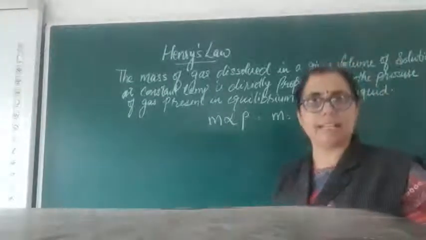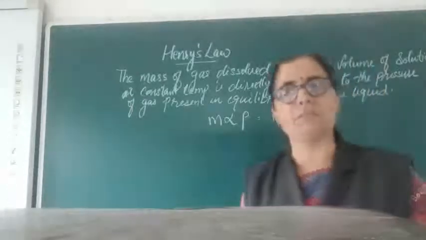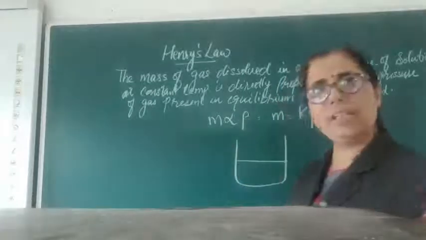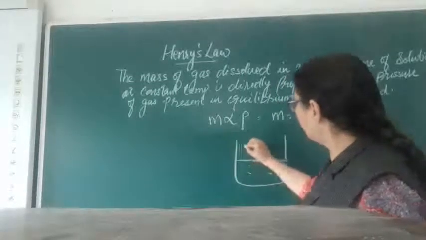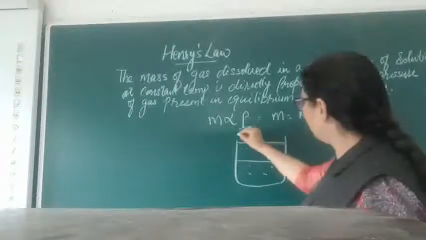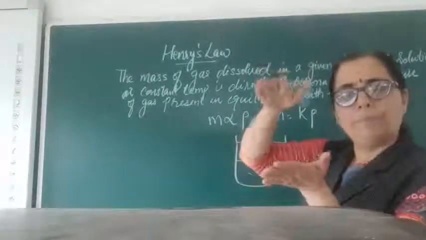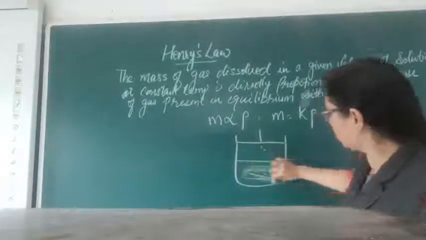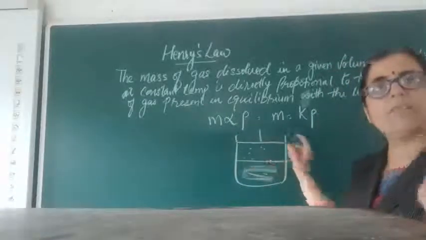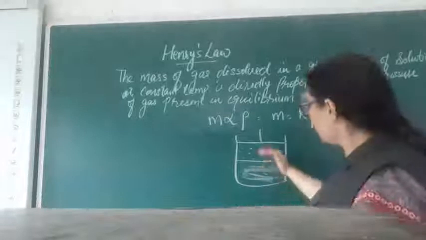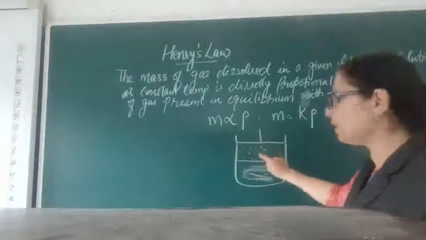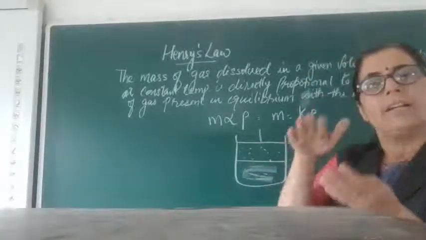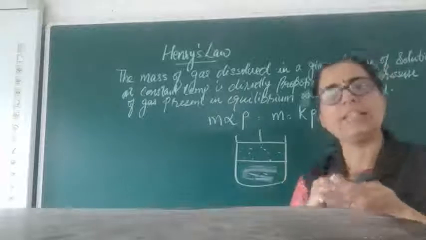Now how it works, we have already discussed in my earlier video, but still I am going to explain to you. Suppose this is a container having a solution here and a gas over here. There is a movable piston here. There is a pressure that we are going to apply on the liquid. When the pressure is applied at one time, at this stage, the number of molecules of this gas is in equilibrium with the molecules of the solvent. Now, how much gas has to dissolve in it has been completed.